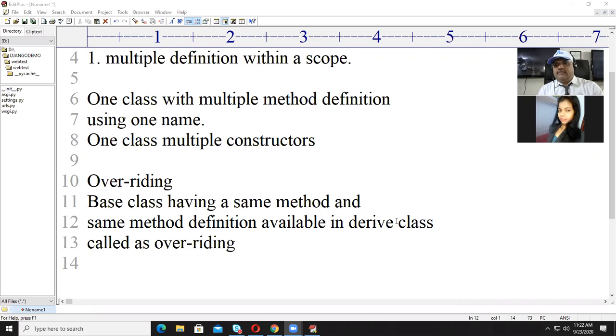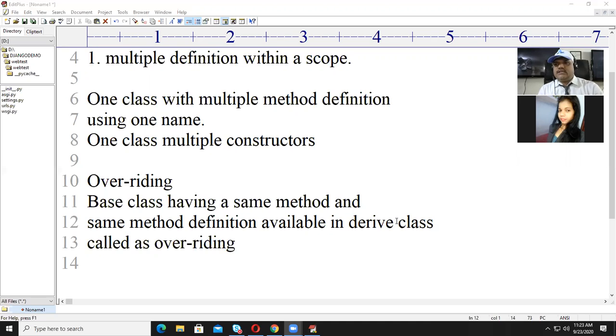Overriding means if a base class has a method and the derived class also has the same method, the derived class gets the method definition due to extension, and the second is its own copy of that method, and that is called overriding.